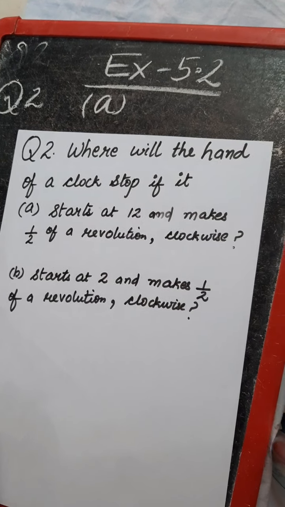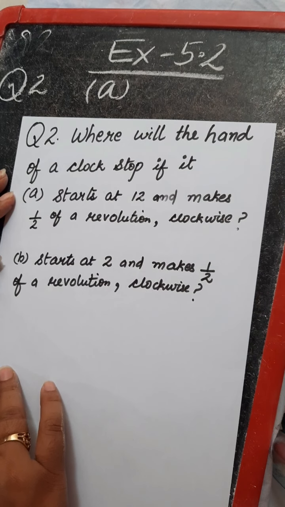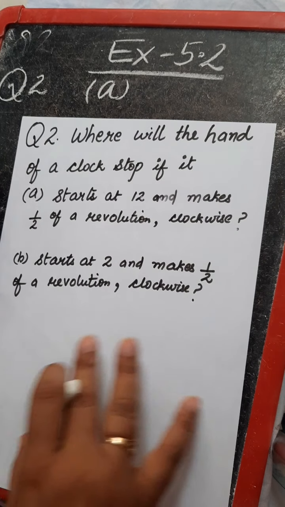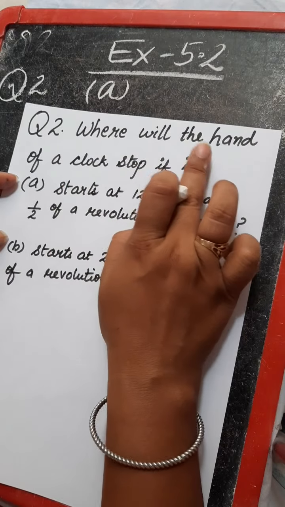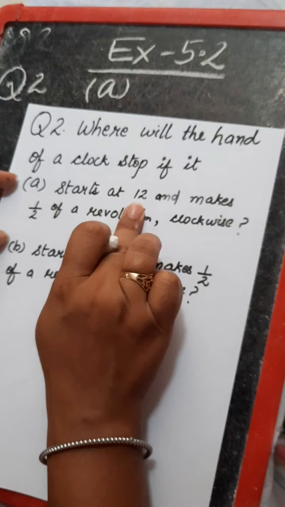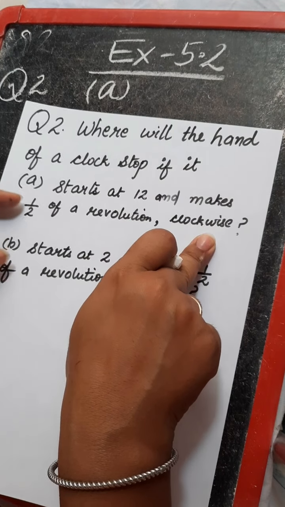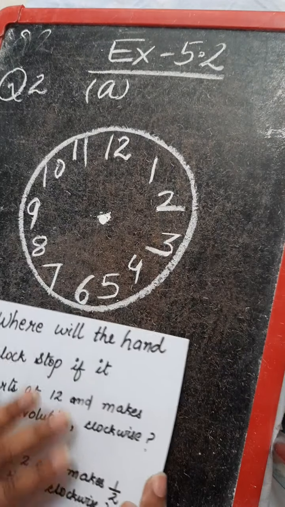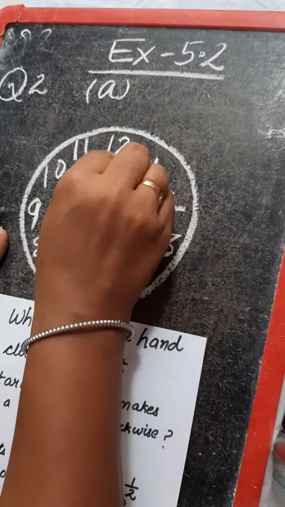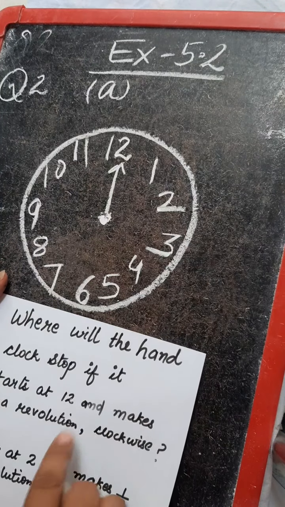Dear students, in the previous video we did question number 1 of exercise 5.2, but in this video we will continue our exercise, and here we are going to start question number 2. Question number 2 is, where will the hand of a clock stop if it starts at 12 and makes half of a revolution clockwise? It means if the clock starts from 12 and makes half